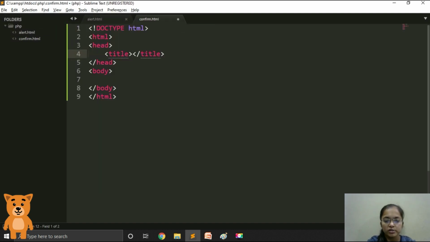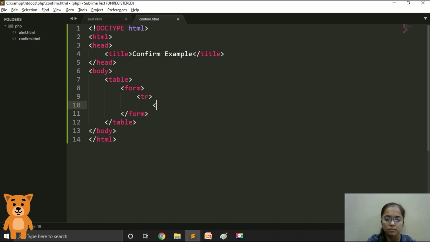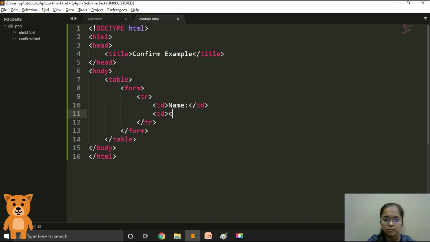Now let's give the title as confirm example. Now we will create a form just like we created in our previous file, alert.html. Let's give the label as name. And we need a text box over here.